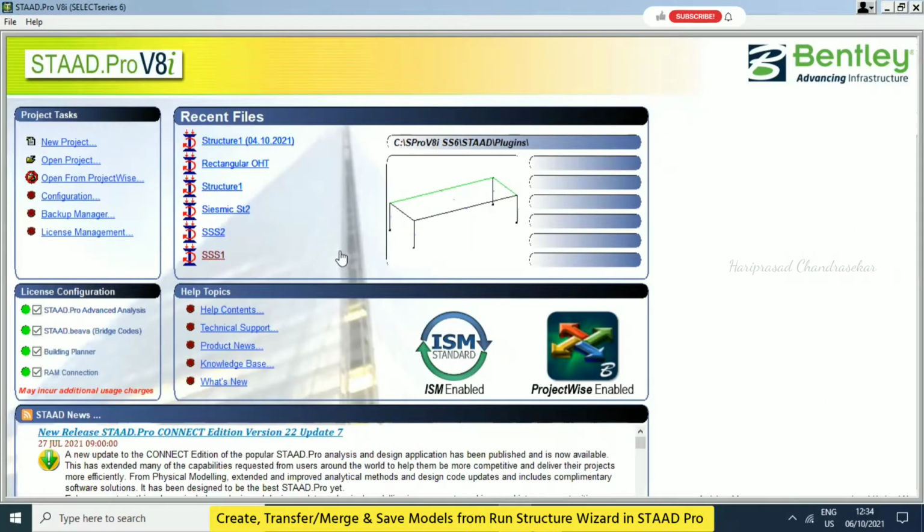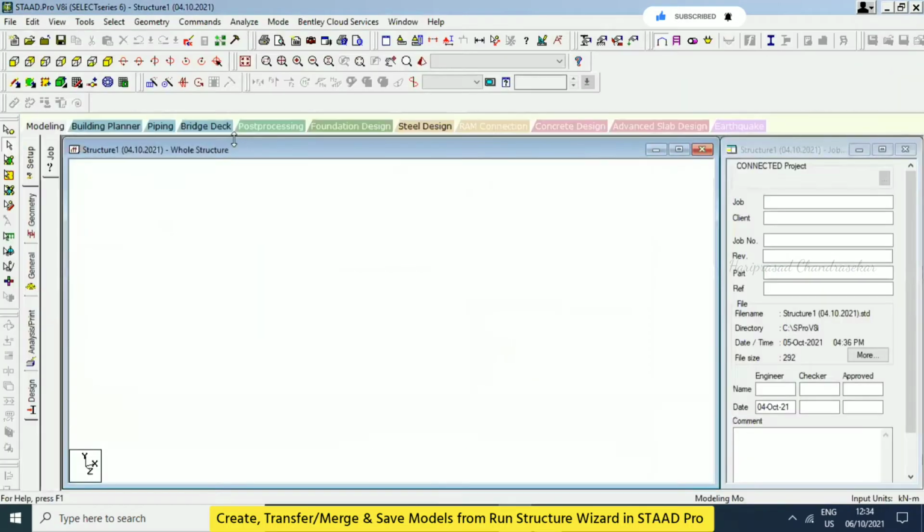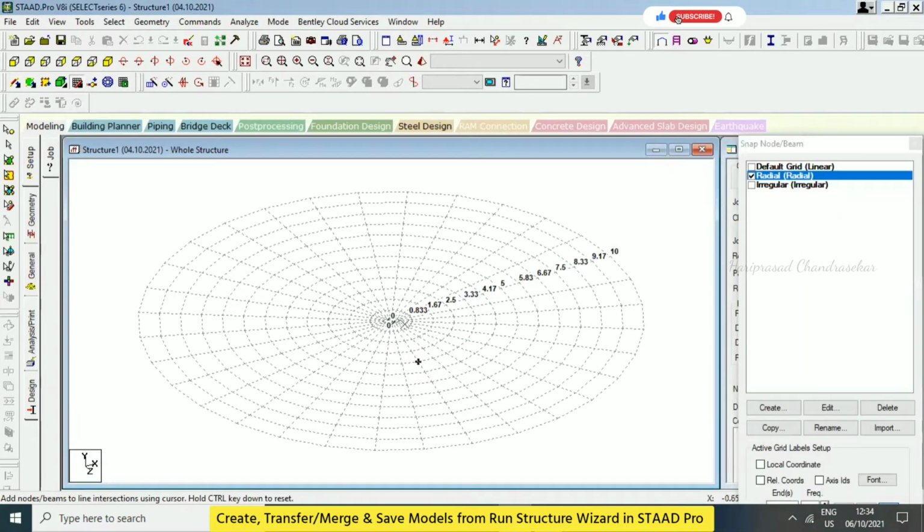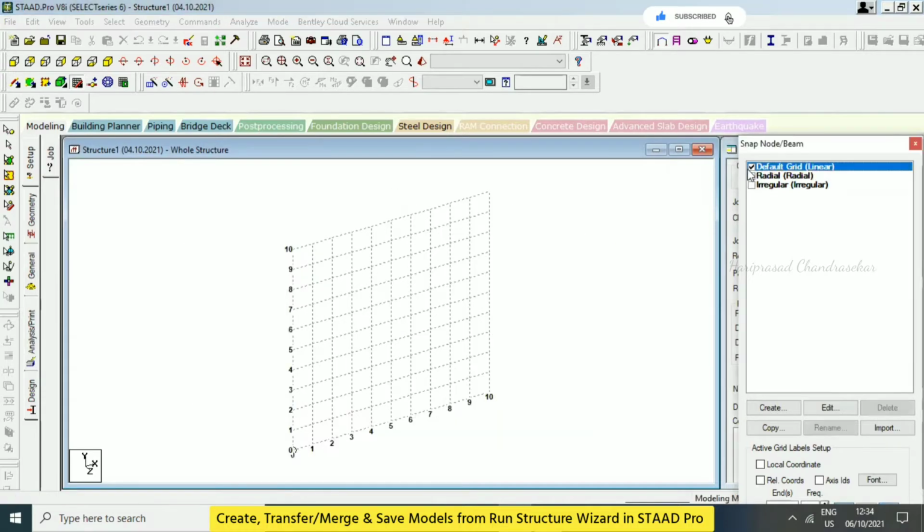Today we will see another method of creating our structures. So there is one method. For that, I'm just going for structure. Yesterday we created the same file I'm taking. So I just deleted all the things in this file so we can reuse it. This is the default grid. So I can just go to this one.